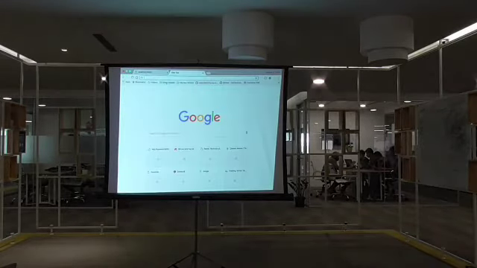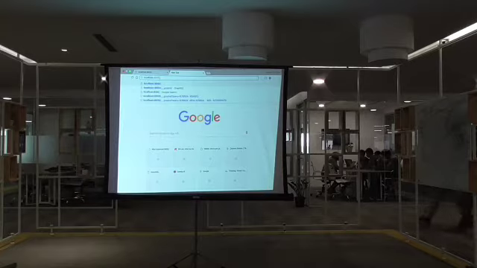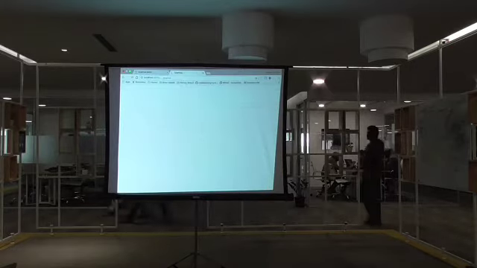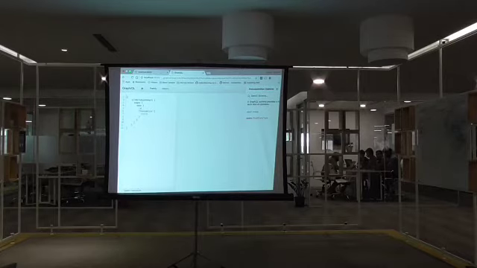Gatsby also gives us a graphical interface where we can go in and check what our data layer looks like. If we enter the graphical interface, this is some old query, so let's put in the query which was there in the index.js file. Okay, so this is the query, and if we run this query,